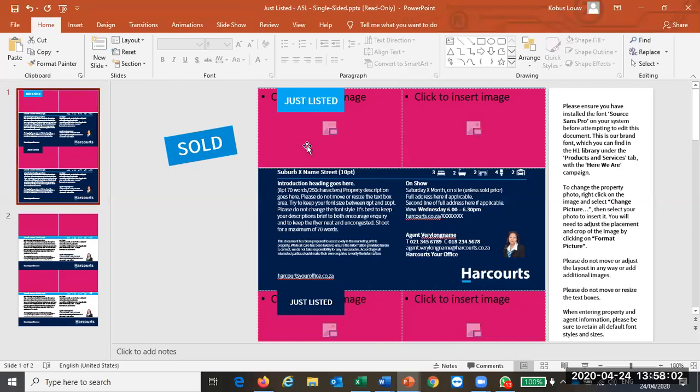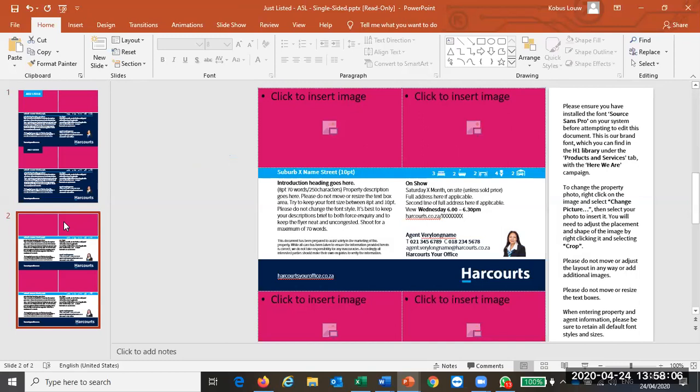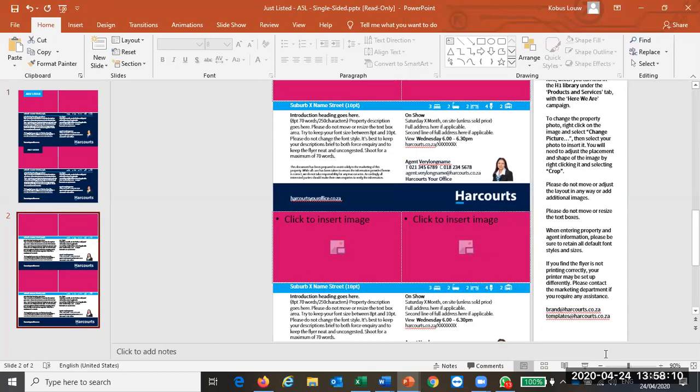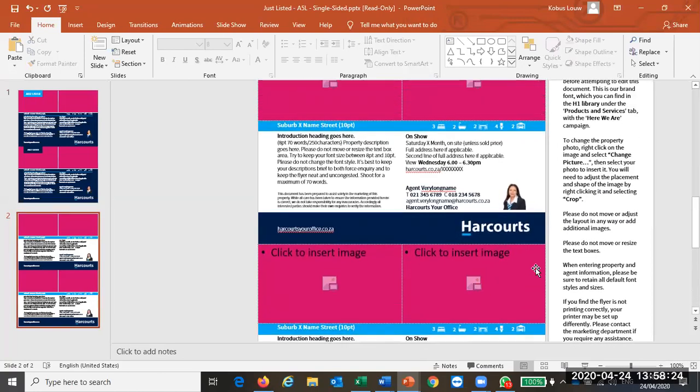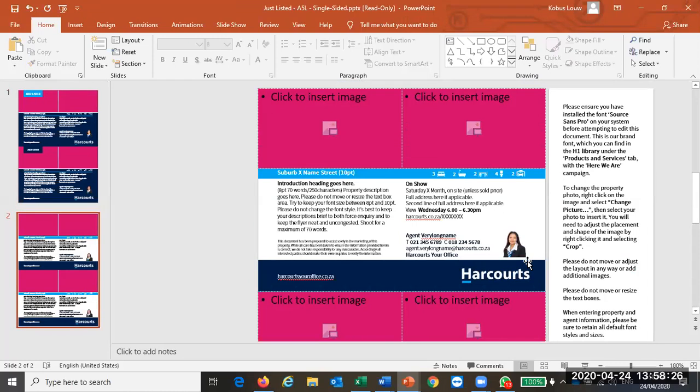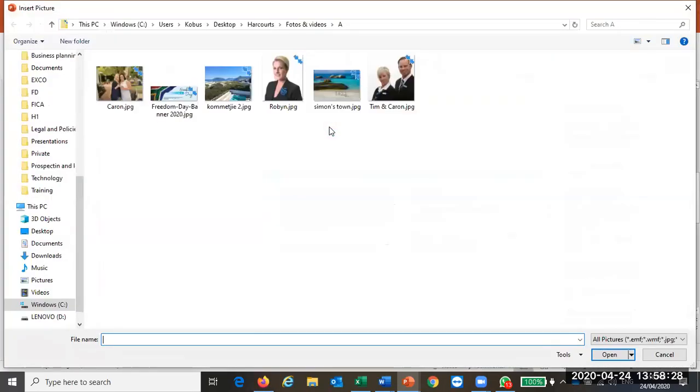Just more templates around new properties. This is called a just listed A5. And if I just zoom out of this slightly, again, this allows for two A5s onto an A4. So this could be a new property that has come onto the market, which allows for two photos on an A5. So if this is my property,